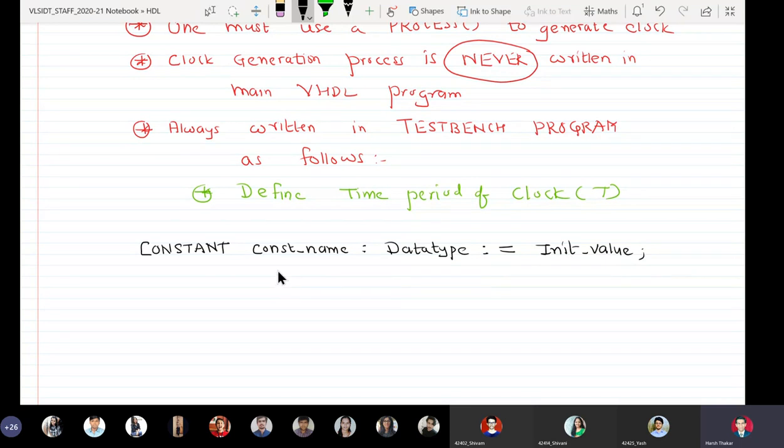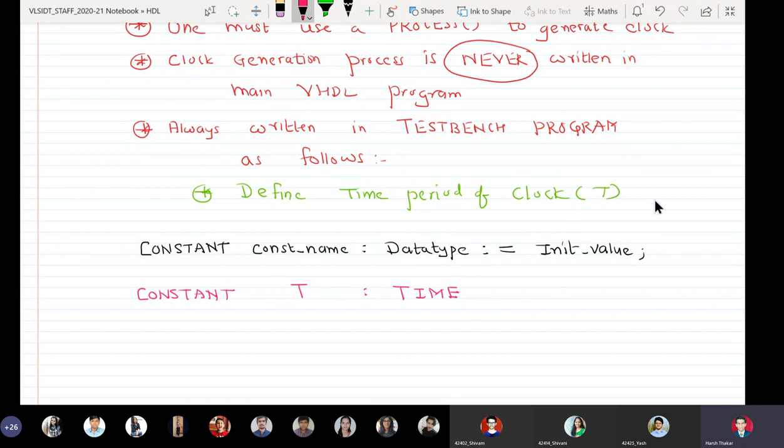Now our time period has a unit in seconds, so it will take this form. Constant space constant name colon, this is of the data type time. This is a new data type I'm introducing to you. Till now I told you there is bit, there is std_logic, there is integer, and this is time.